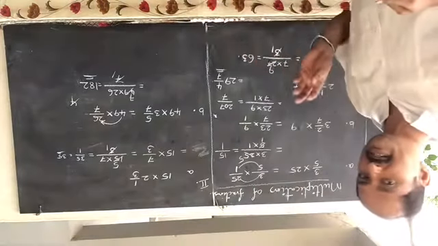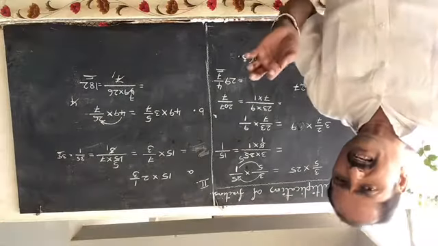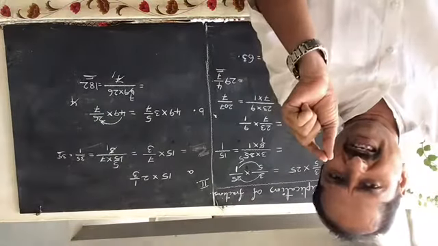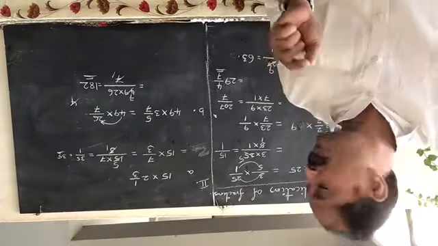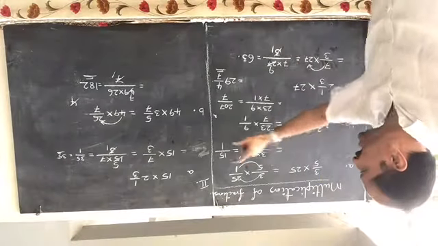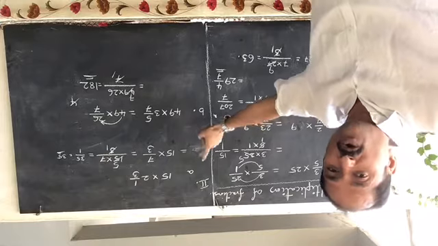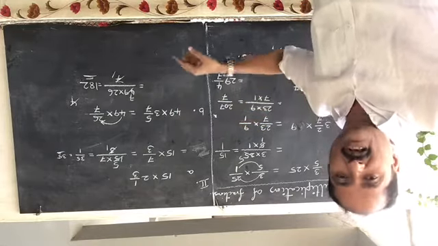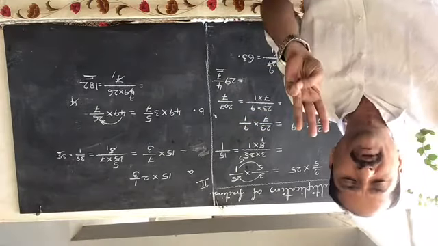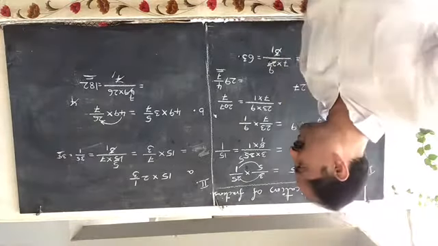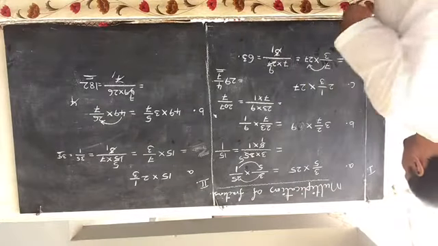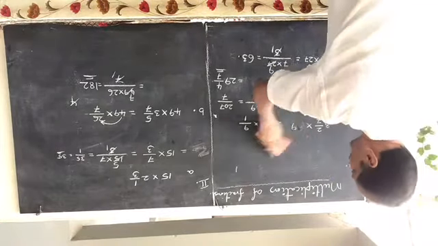So multiplication is easy. For division, there is only a little bit of change compared to multiplication, that I will tell you. Now this is the second kind of multiplication: multiplication of a whole number with a fraction. Now the third one is multiplication of a fraction with another fraction. How can you multiply a fraction with another fraction? That also we can see.